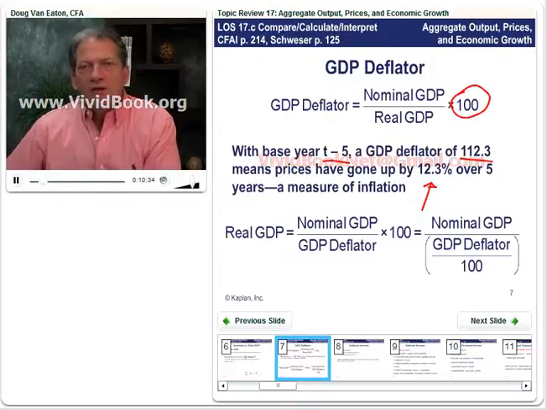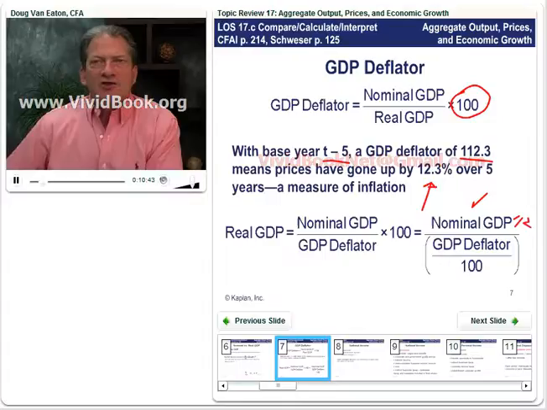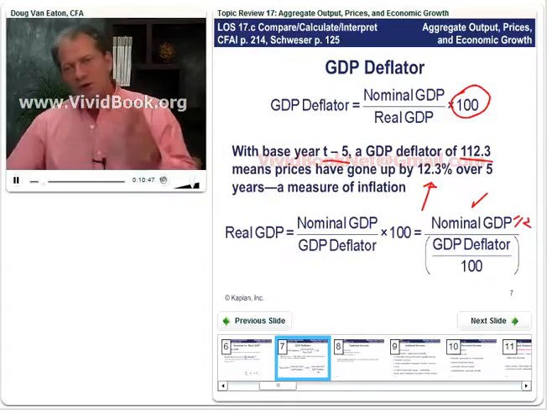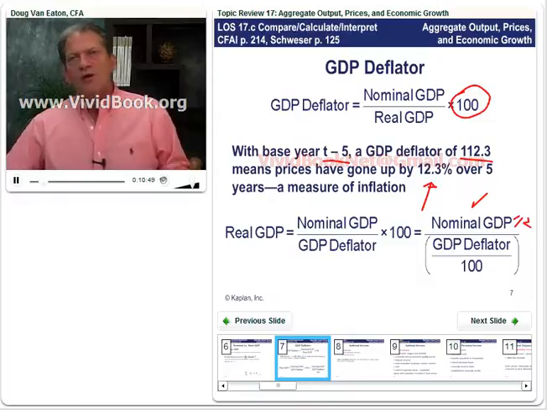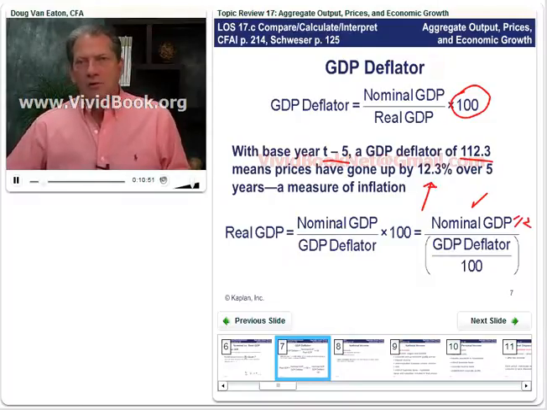Well, if we were given nominal GDP for 2012, and we've got this GDP deflator of 112.3 over this period 2007-2012, we just divide that by 100, right? So if this measure of inflation says prices are up 12.3% over that 5-year period, we can use nominal GDP,